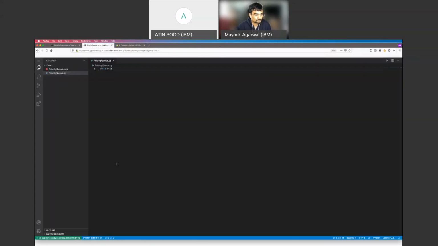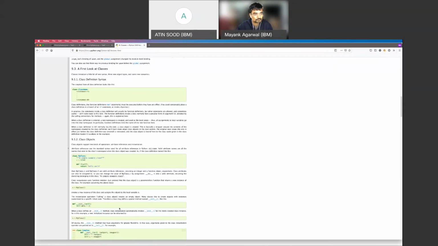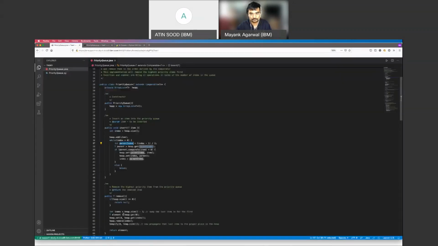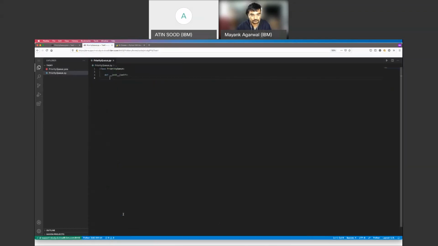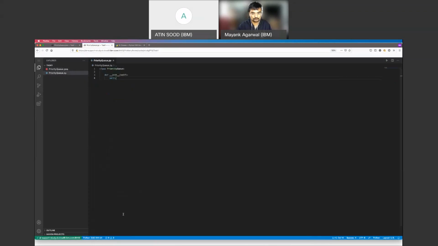Okay, so I'm just gonna do class priority view. And then I think there is an init in Python. The init takes self as the first argument, if I remember correctly. So that's what I remember. I guess self dot, what are you calling it? Keep is equal to